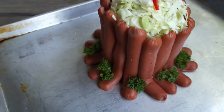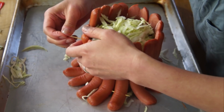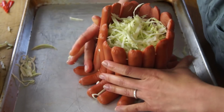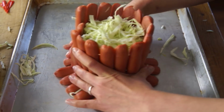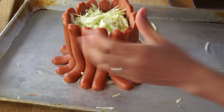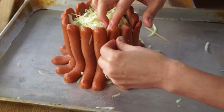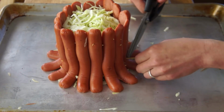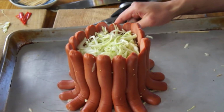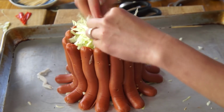Go all the way through so we can make a little matrix here. Get into the actual core that we put in the middle. Okay, yes, okay. I think this is working. I'm not gonna worry about any of the toothpicks that are sticking out because I'm gonna trim them off later. Pretty happy with this so far. It's looking pretty good. Now I'm just gonna finish by mounding more cabbage on top so the crown looks nice